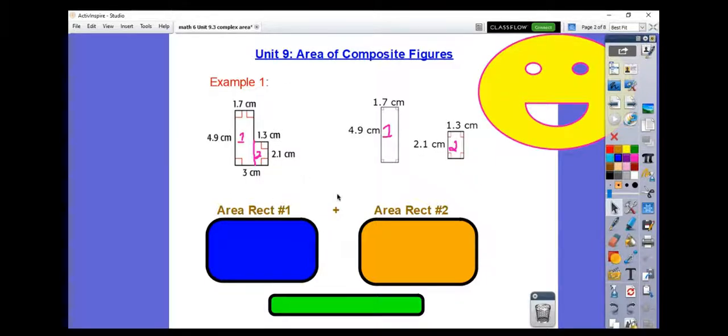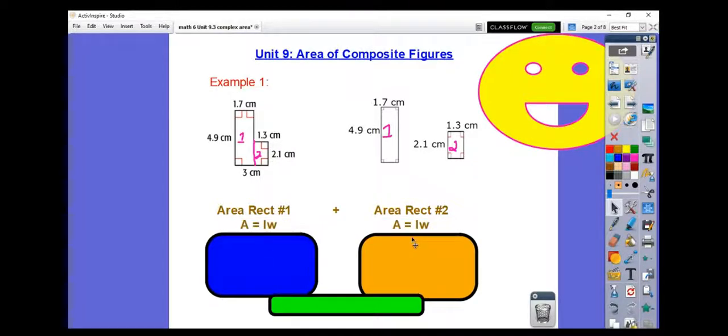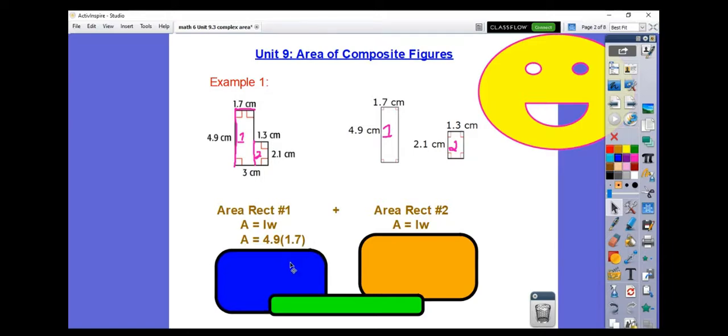So since I'm finding the area, I'm always going to start with the area formula. So the area of a rectangle is length times width. And now I can either look at my original picture, or I can look at my separated pictures to find the length and the width of each of these rectangles. So looking at rectangle 1, I can see that I have these two side measurements here in my picture. And I know that the length is 4.9 and the width is 1.7. So typing those numbers into my calculator, I get a total area